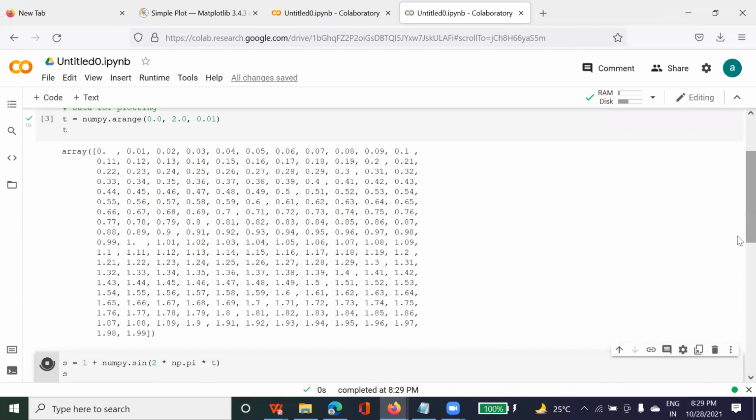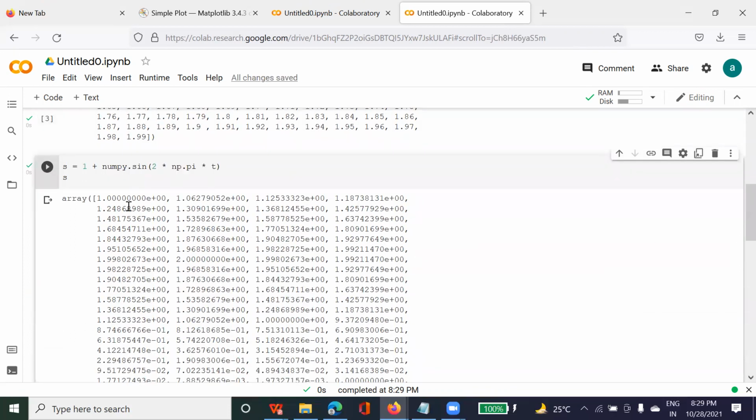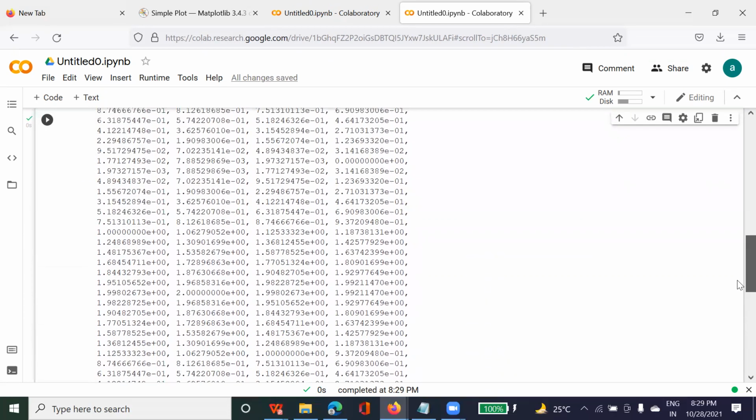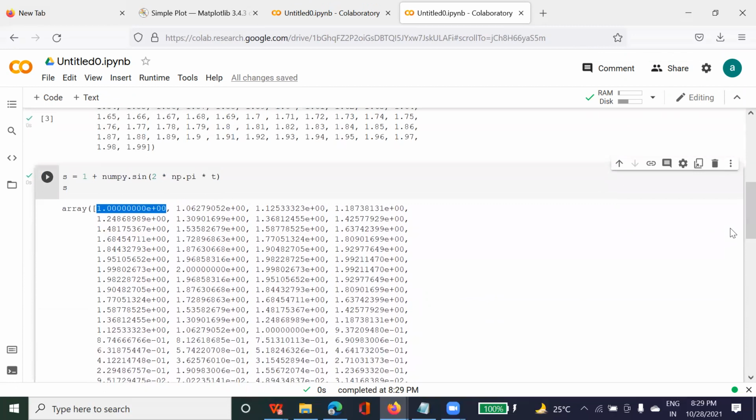Now I am going to run the S value. So you see here, we are getting the S value as well. And why is it coming like this? Because it's coming in exponential form, because we are getting very large values. So E usually means 10 to the power. E means exponential. If you remember, if you see this value, what does it mean? It means that